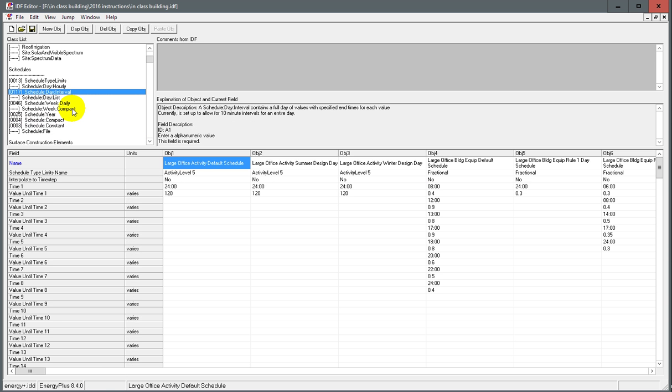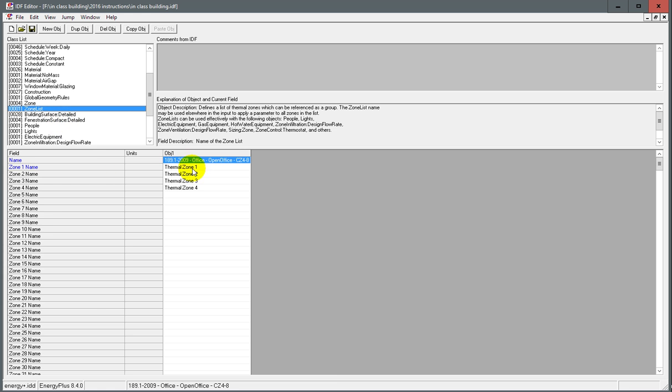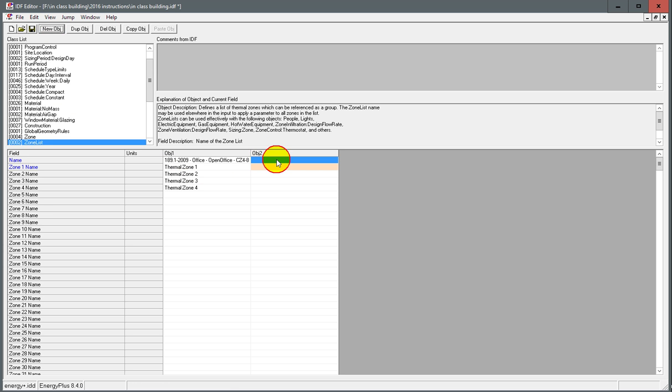Alright, and then the next one is go to zone list. So I like to collapse everything using Control L. And now let's just find the zone list. So I'm just gonna rename this. What's in here is from SketchUp, and I just like having everything to be the same throughout. So I can call this all zones,